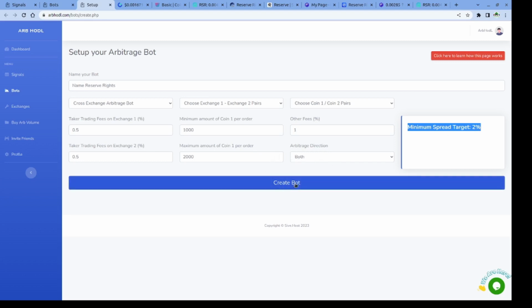So, and then we click create bot. This is the generic one. And the reason we would do a generic one here is because we saw that the price differences are a bit higher. The one thing that we don't know though is if you're withdrawing